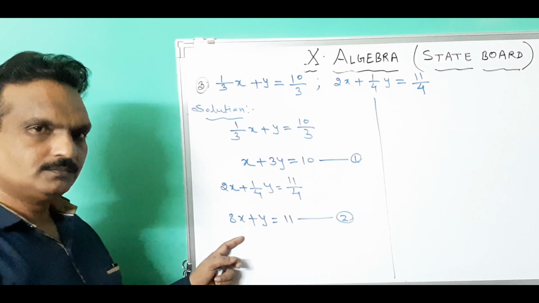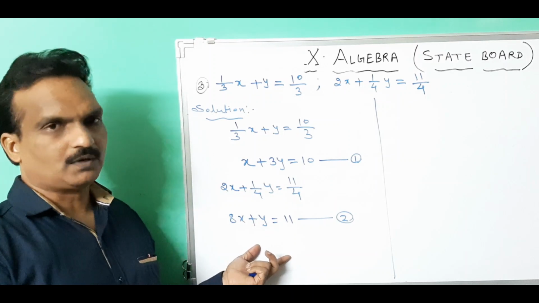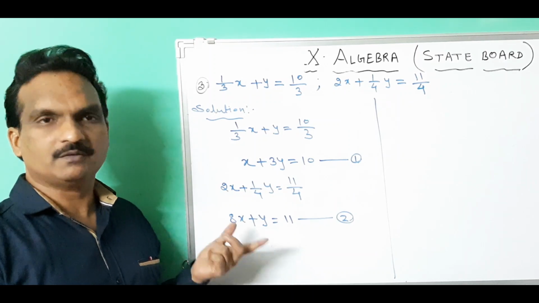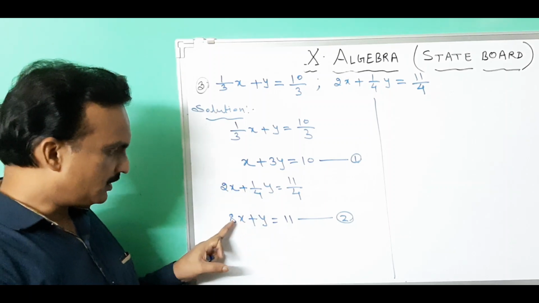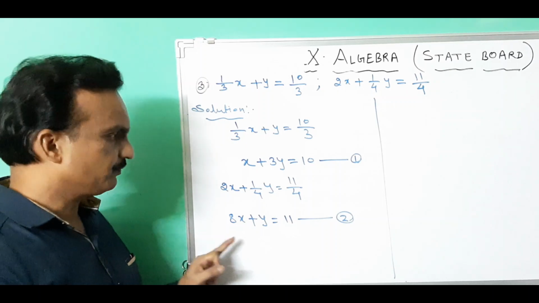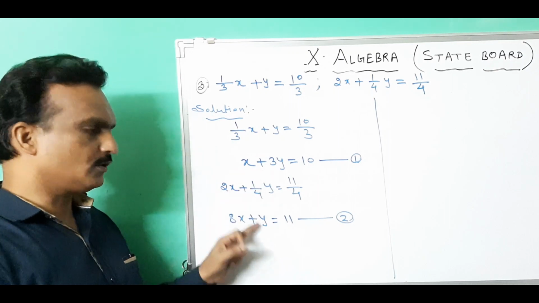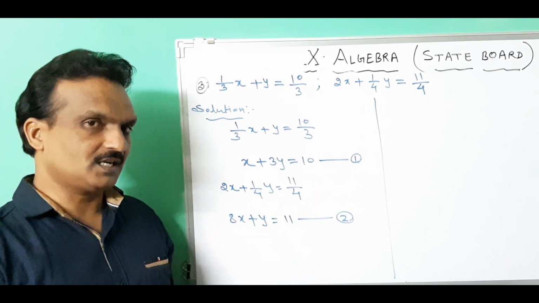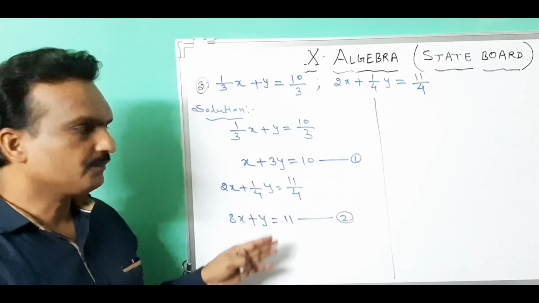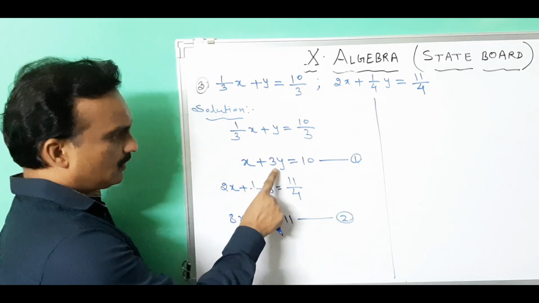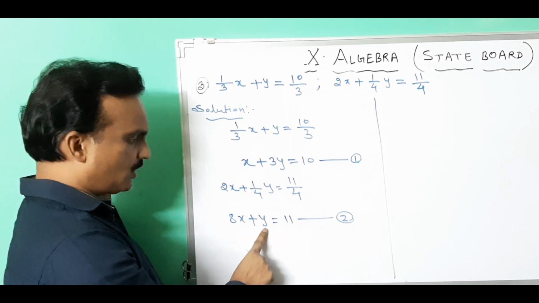Now we will solve these two equations. To solve this, what we have to see? We will see the coefficients of the variables, they are same or not. So coefficient of x is here 1 and here it is 8. They are different, not same. Here the coefficient of y is 3 and here the coefficient of y is 1. Here also different coefficients. तो दोनों में से किसी एक को सेम करना पड़ेगा. तो हम लोग करते हैं y का.